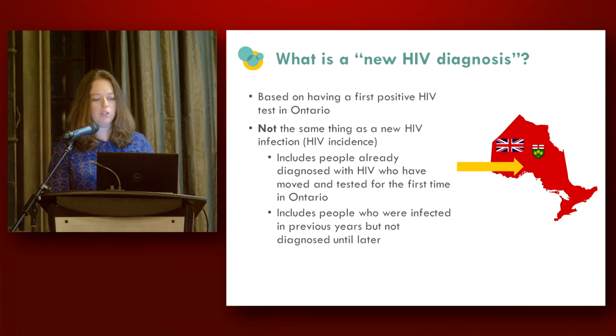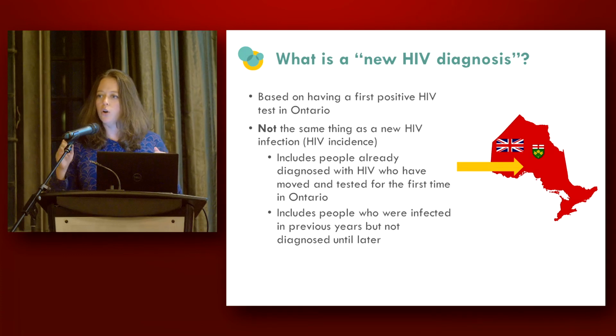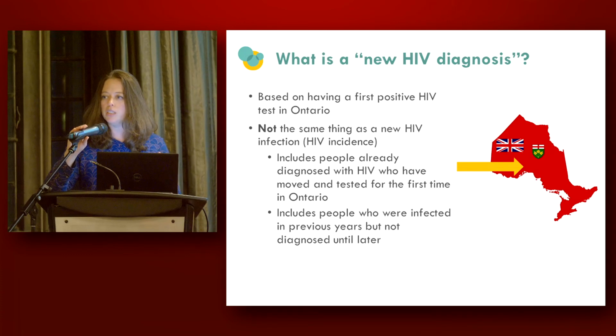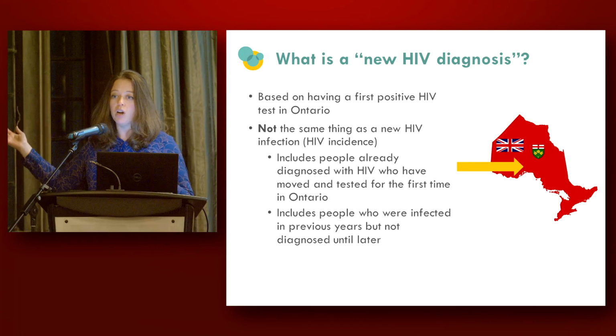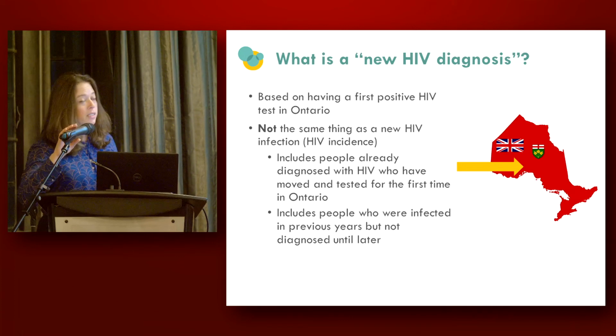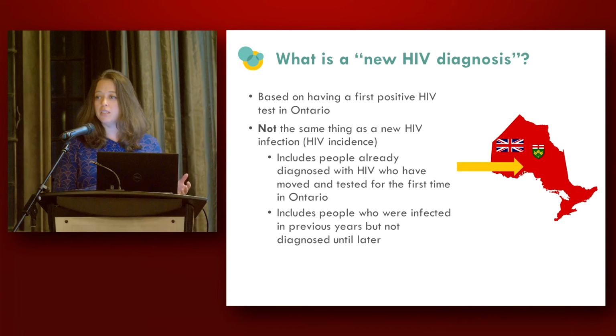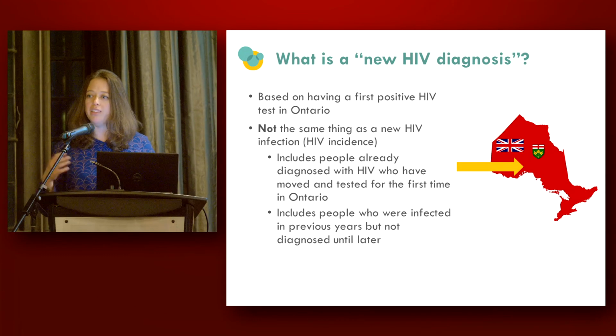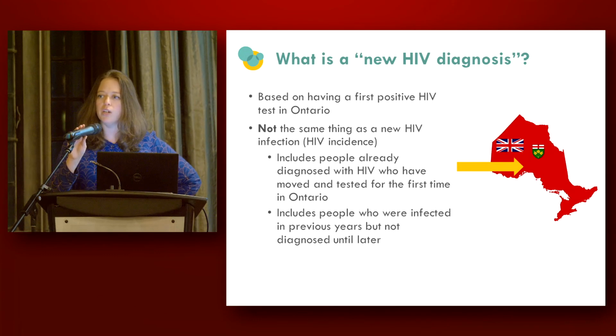So what's a new HIV diagnosis in Ontario? Well, historically here, it's been defined as almost new to Ontario. It doesn't mean that it's a new infection or even a new diagnosis. It could be someone who was infected in a different province or a different country and then moves to Ontario, receives a diagnostic test, and then is considered a new diagnosis. We also have anonymous testing here. So if people are testing both anonymously and nominally using their names, then we can end up with duplication. So it's actually very challenging just to understand the relationship between new diagnoses and new infections.